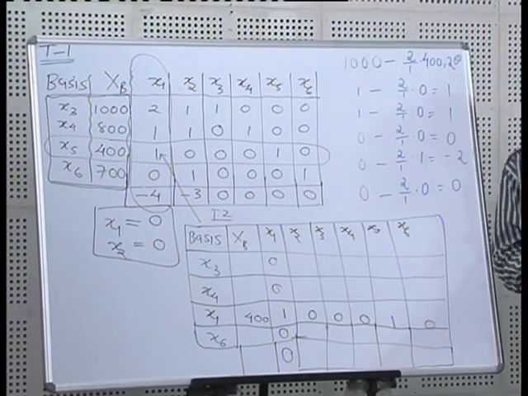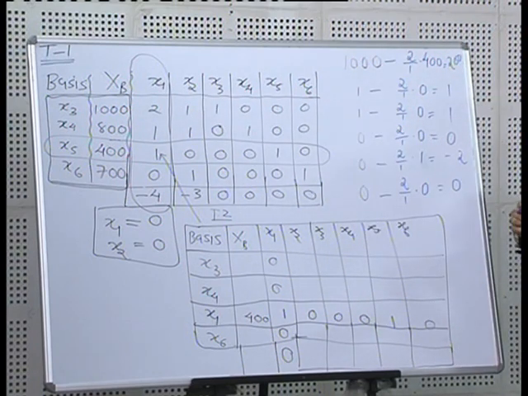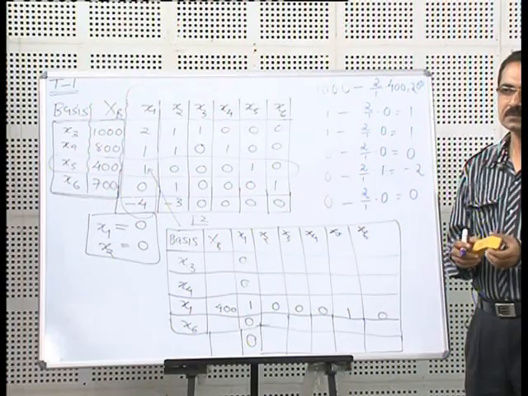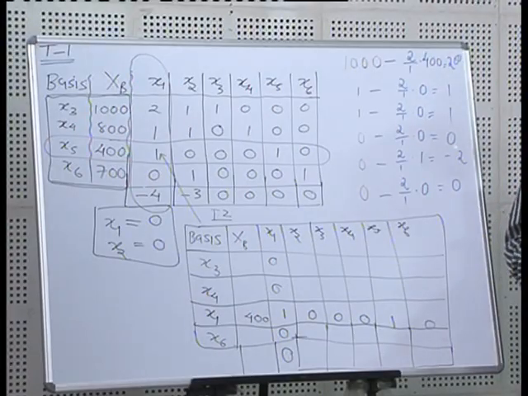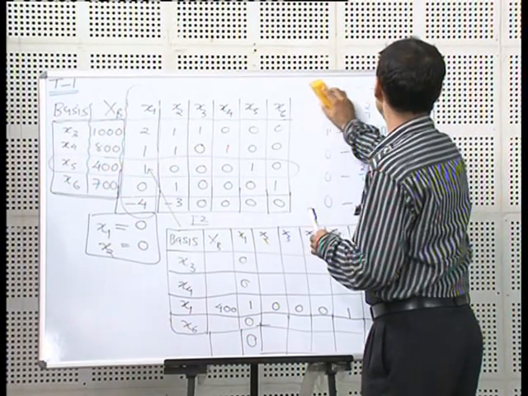So, we could do one thing, we could replace our row 1000, 1, 1, 0, 0, 0 by these numbers. We can see them in table number 2. So, in our presentation table number 2 reflects that. You can see on the screen now that table 2 has as its first row 200, 0, 1, 1, 0, minus 2, 0. But that is just one row. We again come to the board. So, that calculation will be repeated now.